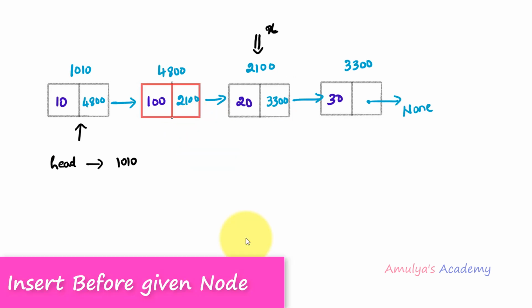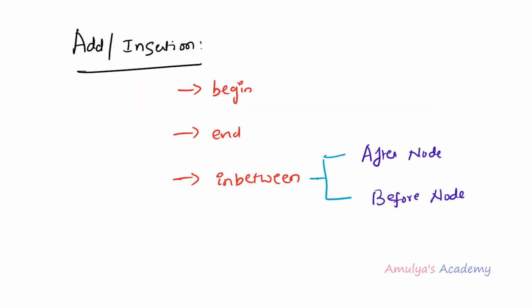If I want to insert an element before a node, for example here this is the X and this is the new node, the node in red color, then we need to write separate code. So if you want to insert or add a node in between the linked list, we need to check for 2 scenarios, whether we are adding after a node or before a node. We need to take a particular node and we can add the new node after that particular node or before that particular node. We need to check for these 2 conditions. So today we'll write the code for adding the element after the given node, and we'll discuss the other in the next tutorial.